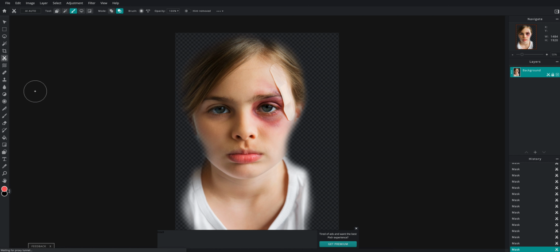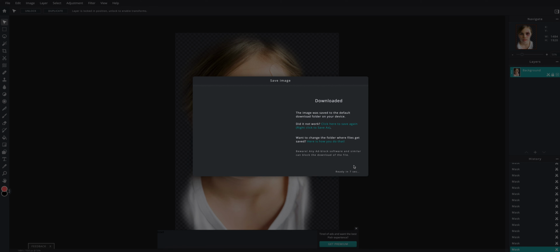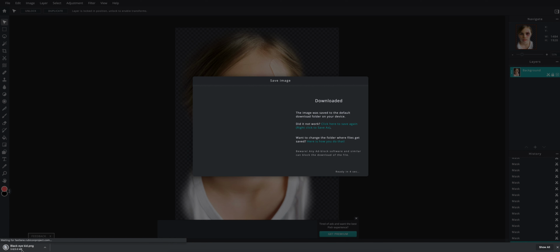Alright, now I'm going to save this by going to File, Save, and I'm going to change the name to Black Eye Kid, and I'll make sure it's a PNG. I'm going to download it, and it downloads immediately to my downloads. So I'm just going to close this out and go back to Canva,